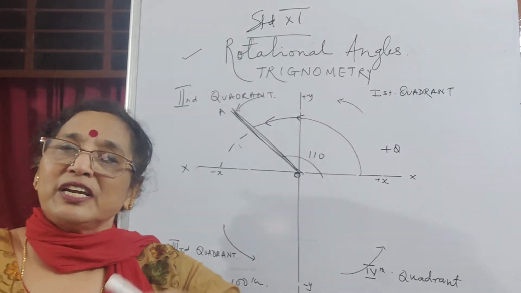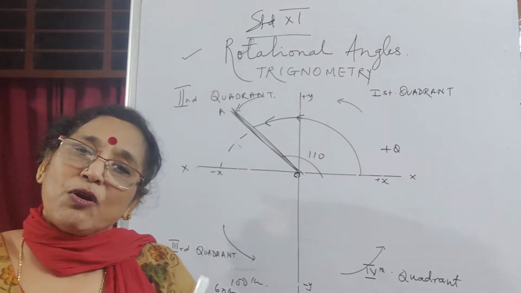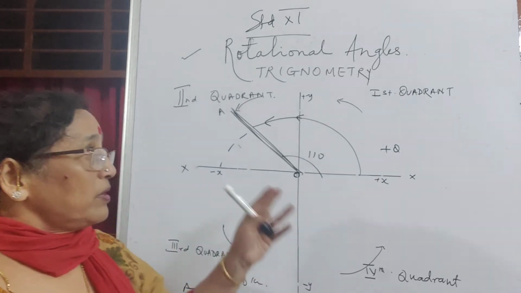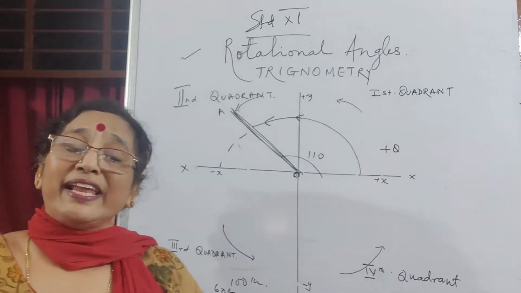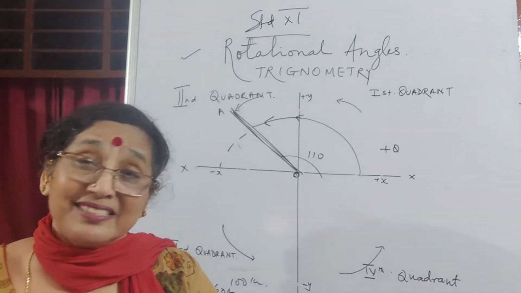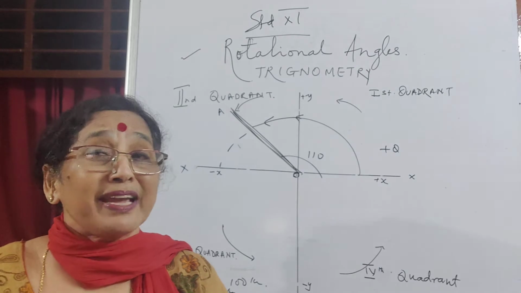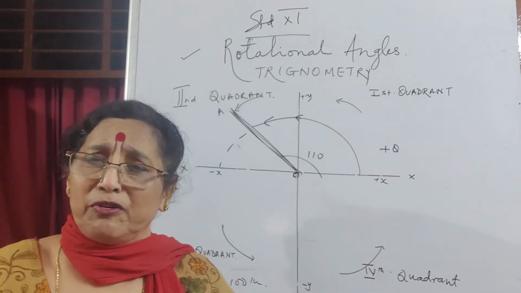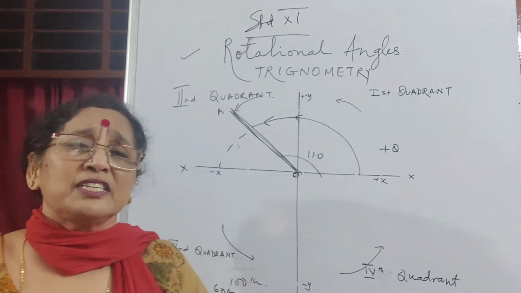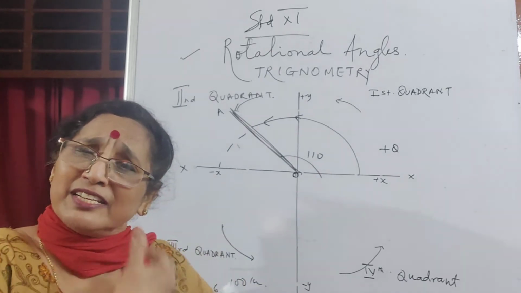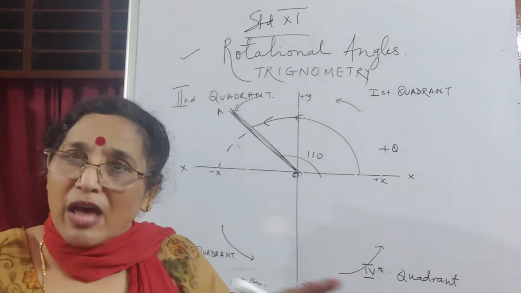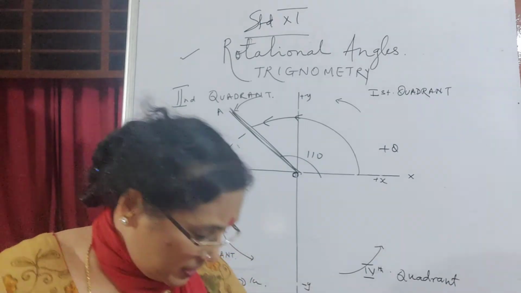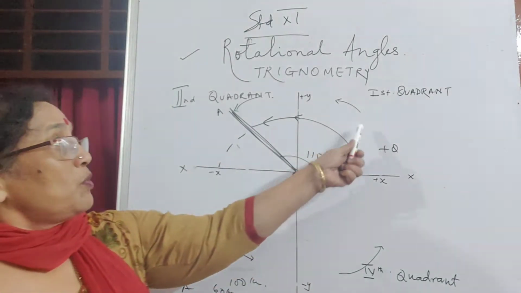Just to differentiate clockwise and anti-clockwise, there will be a concept of negative and positive. Therefore you will see that sine 120 is the same as sine 60, but cos 120 is minus cos 60. Why this? That's what I'm going to explain, without learning the formula. Today we'll just see the 66 formulas on rotational angles. You will do it without by-hearting those formulas and not understanding them. Is it clear? So now you understood what is clockwise.